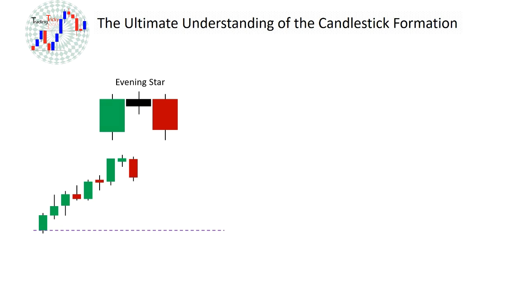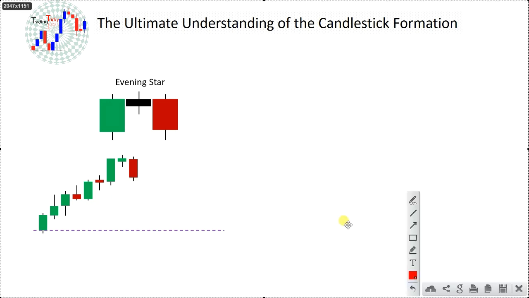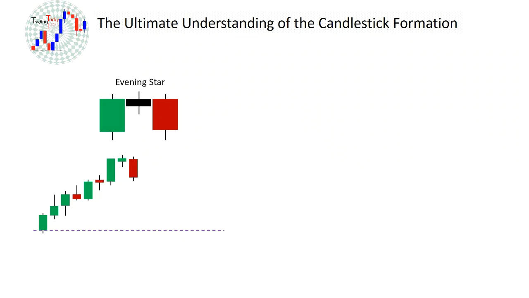Or if the market moves up something like this and then tries to go down, then we can go with sellers from here, because most of the time the candle will close here with upper side rejection. Maybe the candle will look like this with upper side rejection. And if this is a red candle, then on the next candle we can expect sellers' entry. So you have to understand the concept here.